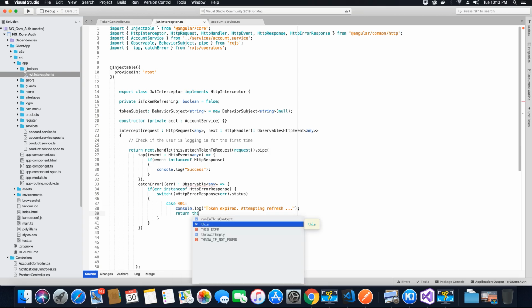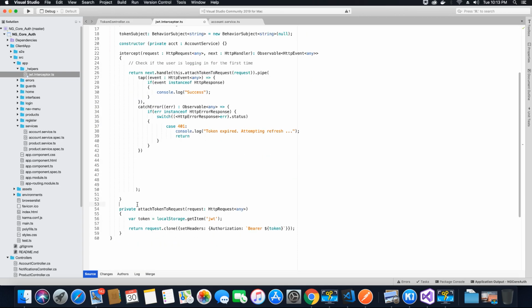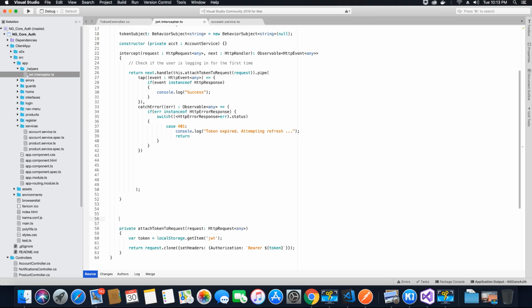So what we want to do is handle this request again. We don't want to send it back to the user and then log out the user because the user is not authorized. So in the case when the user is not authorized to visit products, we redirect the user to the login page. So here we don't want to redirect the user to the login page. What we want to do is handle this 401 response that we got. So to handle this, we will create a method over here. So I'm going to call this method to handle